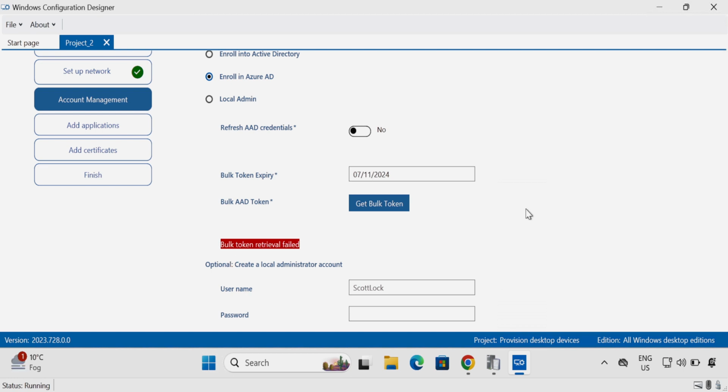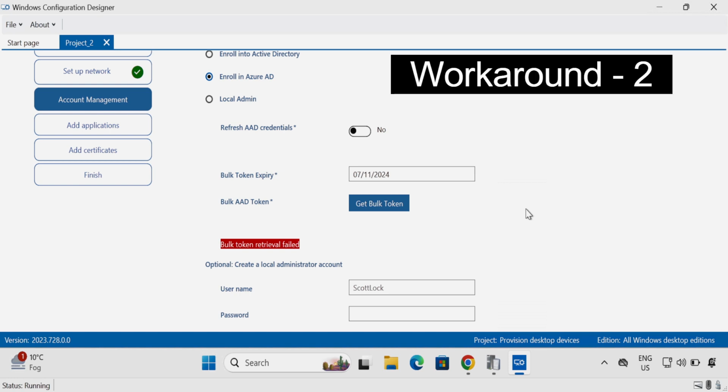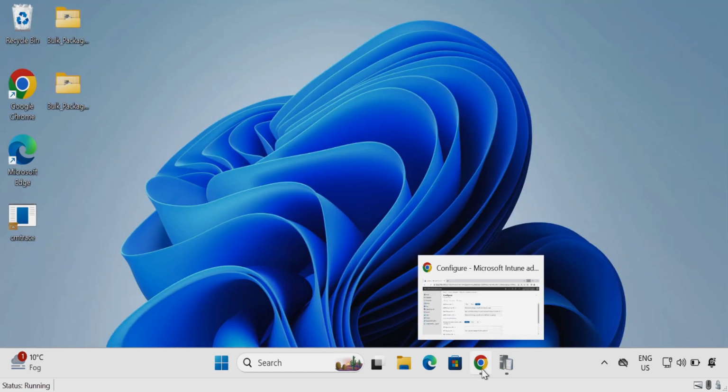Now if this is working for you, you can create your provisioning package and use it, but if it is not working, we can try the other way. Let me show you what is the other way. Let me first close the Windows Configuration Designer, and now what we have to do, we have to download the